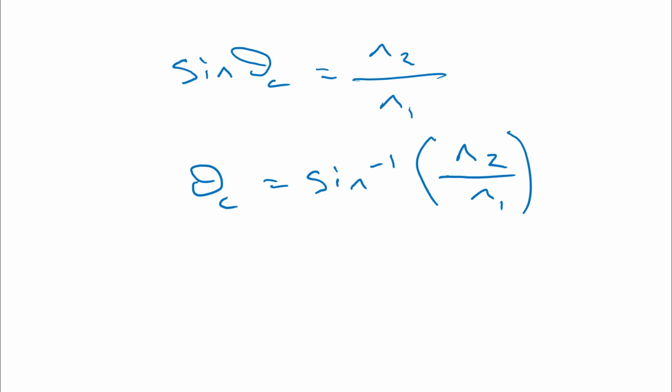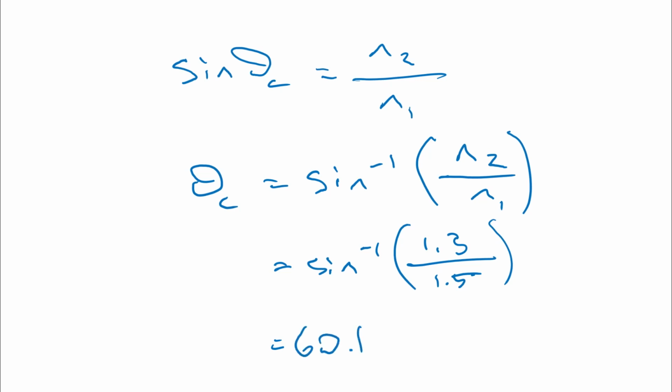Okay, step 3, put numbers in. So this is the inverse sine of n2. We said in the question above was the n of water, and that is 1.3. And so n1 is the n of glass, 1.5. And we reach for my calculator. Let's see, 1.3 divided by 1.5 equals, and the inverse sine of that answer equals 60.07356513. So I'm going to go with 60.1. So my answer is